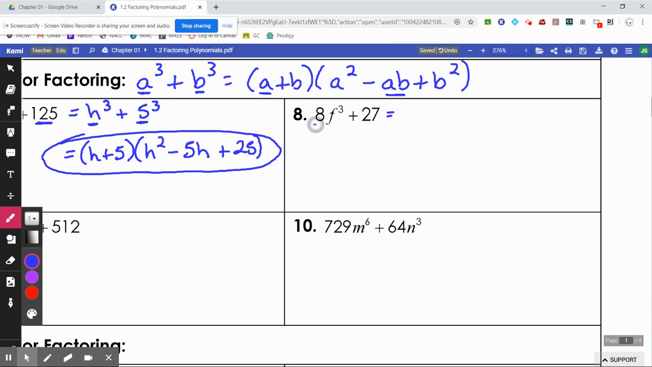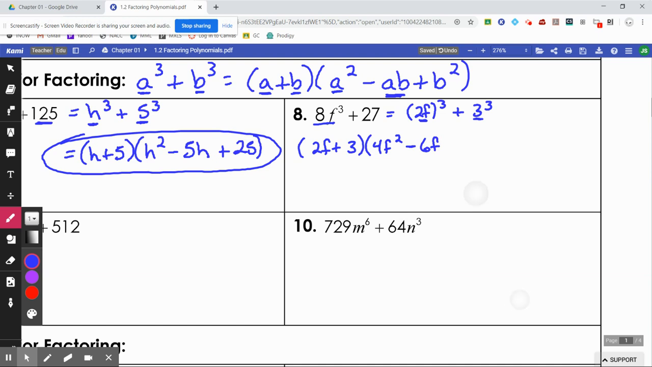This is a perfect cube because that would be 2f times 2f times 2f, to the third, plus 27, which is 3 times 3 times 3. So in your formula, A is 2f, B is 3. Everywhere you have an A, put a 2f. So now we have 2f plus, everywhere you have a B, put a 3. Everywhere you have an A, put a 2f. Now careful, you got to square that. So square both pieces. That'd be 4f squared, minus A times B, which would be 2f times 3,